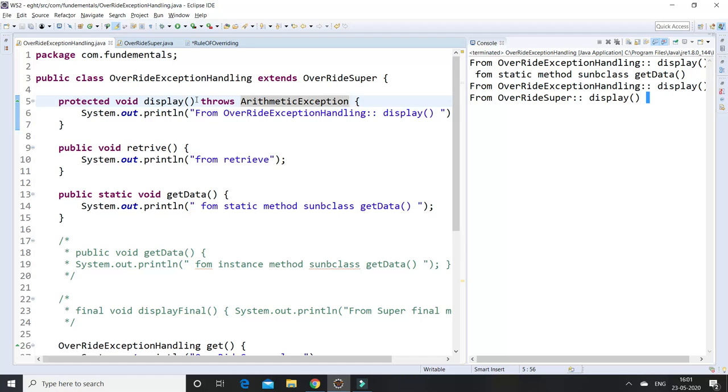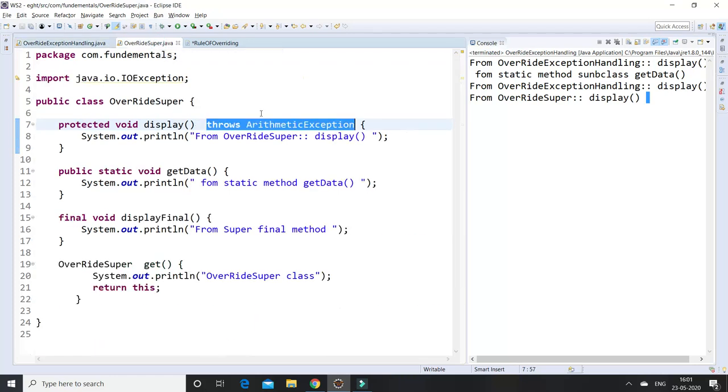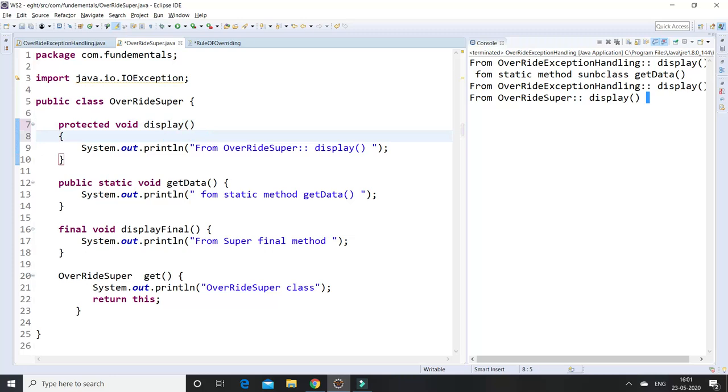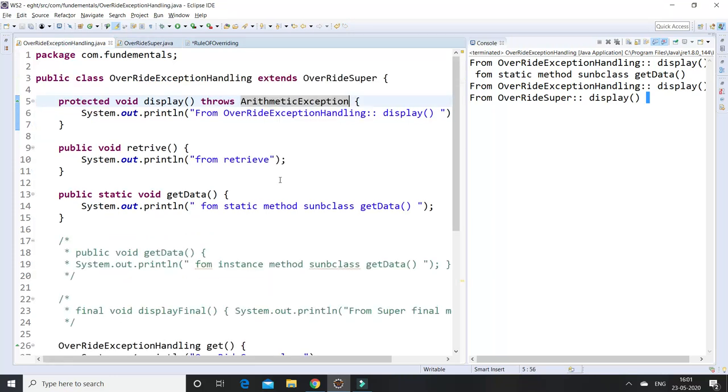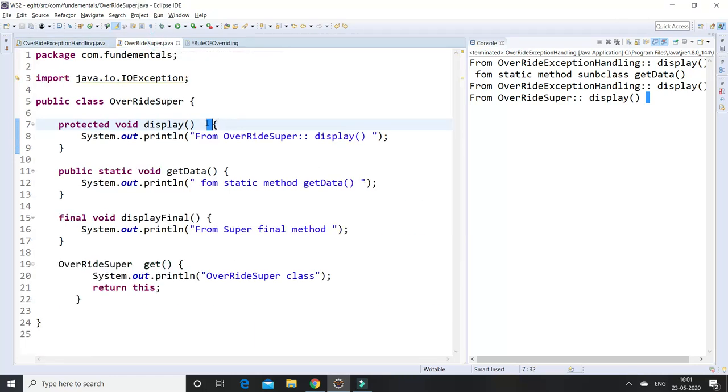Suppose I am not declaring the exception here. It also satisfies overriding with exception handling. The thumb rule is whether the parent class has declared an exception or not.